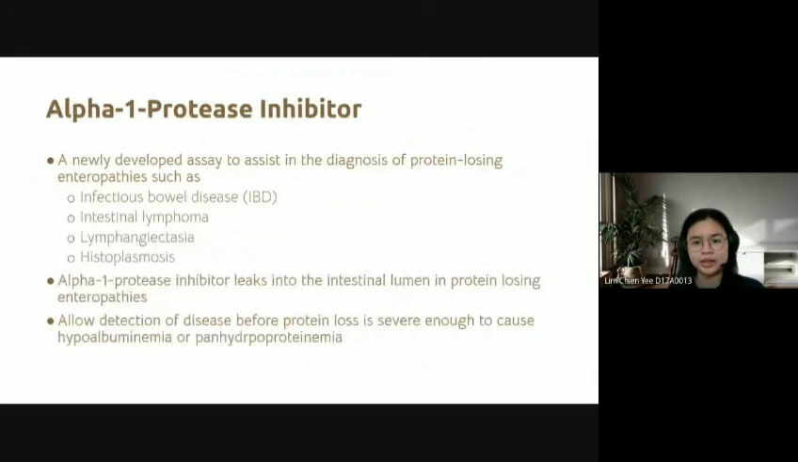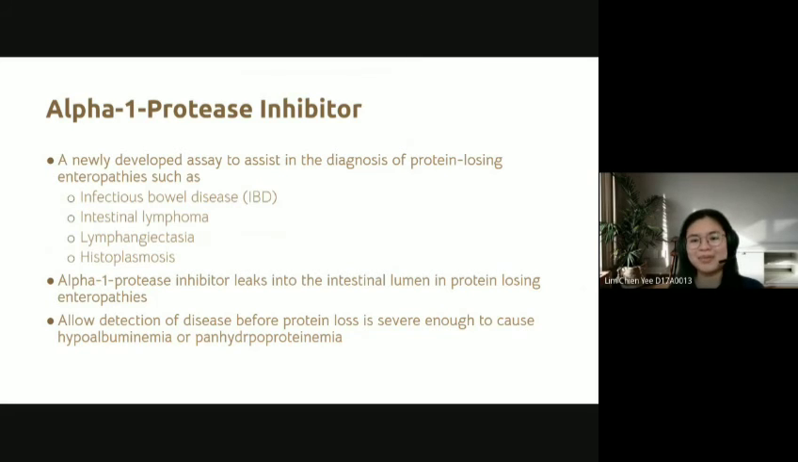Alpha-1 protease inhibitor assessment is a newly developed assay to assist in the diagnosis of protein-losing enteropathy, such as infectious bowel disease, intestinal lymphoma, lymphangiectasia, and histoplasmosis. This is because alpha-1 protease inhibitor leaks into the intestinal lumen in protein-losing enteropathies, and it allows the detection of disease before the protein loss is severe enough to cause